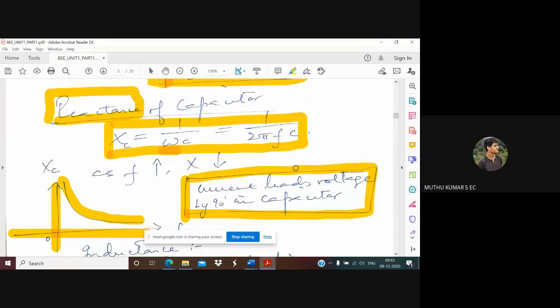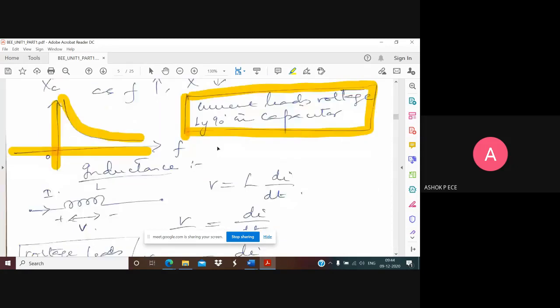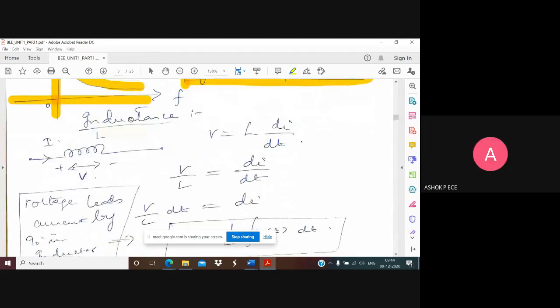Yeah, I'm spending much time here because in all the circuits we'll be using these RLC components as and how we want. So at that time we should not be struggling while applying the concepts, right? So that's why I'm giving a detailed understanding of the components. Is capacitance okay? Shall we go to inductor? Yes, sir.